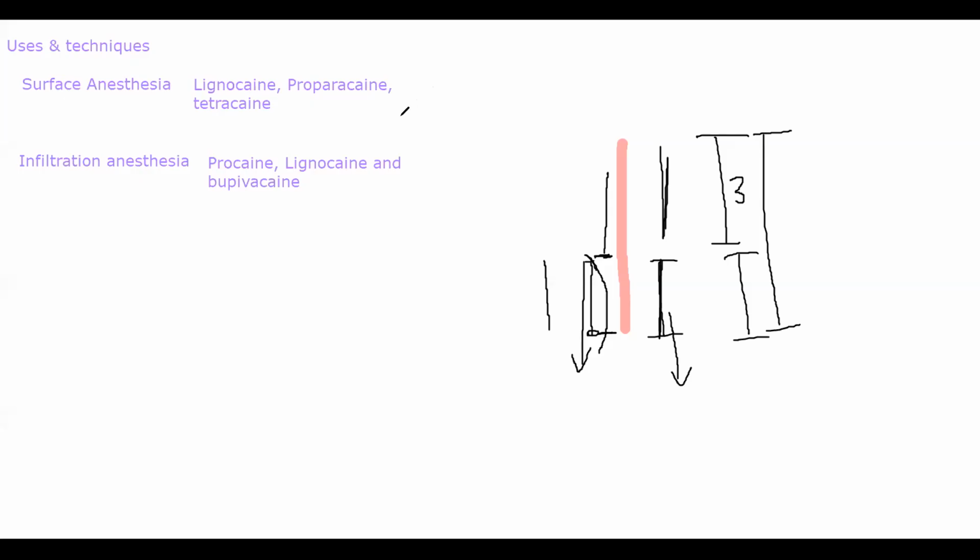Okay, that is the second type of anesthesia. Now, the third type of anesthetic technique will be called conduction block. Conduction block in turn will have two types. All right, conduction block will have something called a field block, and it will have something called a nerve block. All right, we'll discuss both of them. Now, what is a field block? Hold on, let me show you.